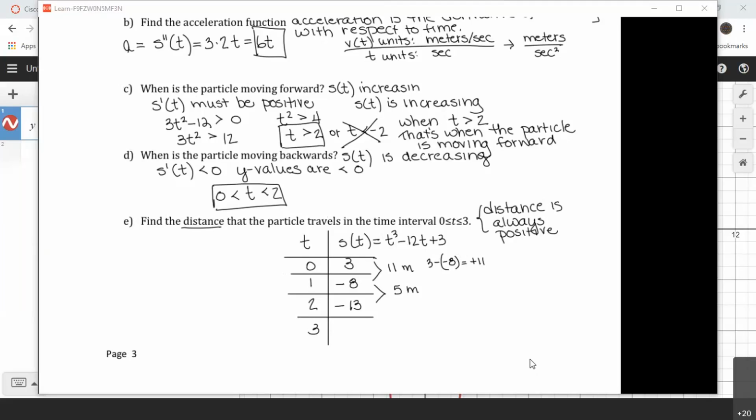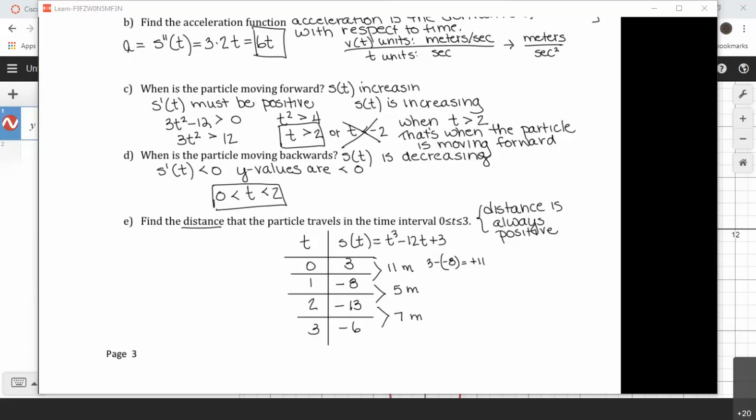And then if I plug in a 3, all of a sudden this cubic term is going to start to dominate the equation. Mathematically speaking, the negative 12t was dominant while my t values were small, so I'm backing up. Now at 3, this term is going to start getting bigger and the particle is going to move forward. So 3 cubed is 27 minus 12 times 3 is 36 plus 3. This is negative 6. It's still negative, but take a look. To get from 13 behind the starting line to 6 behind the starting line, it had to move 7 meters